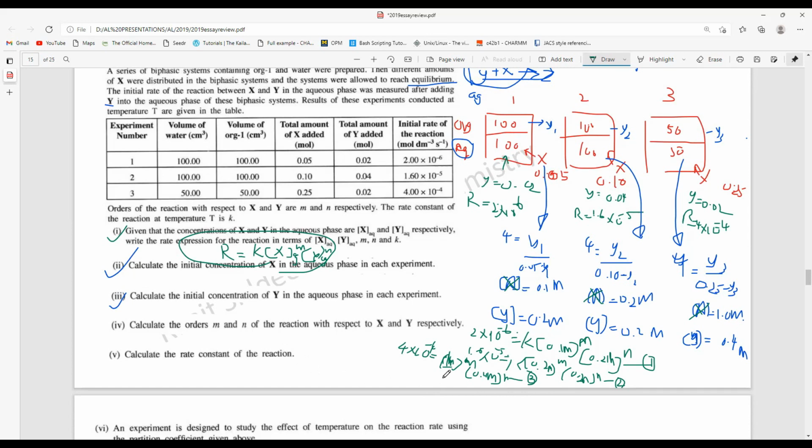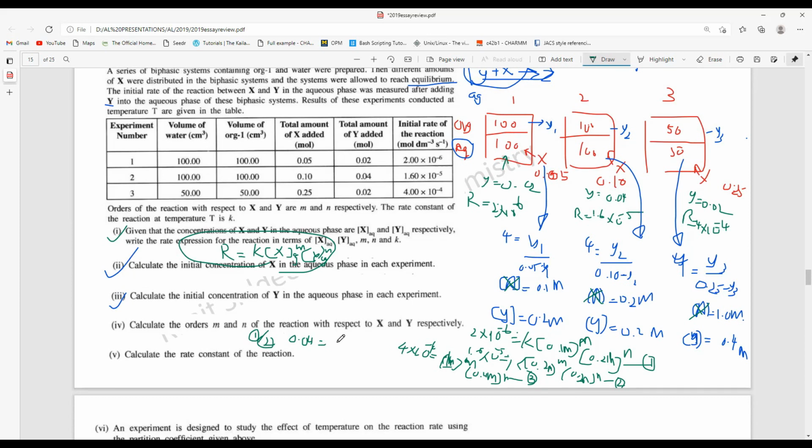Now what you have to do, the same way as in all the previous questions, is just find m and n by dividing two equations. For example, if you divide the first equation by the second equation, you will see this one and this one are going to cancel out. You can automatically find m. So 1 divided by 2 will give 0.04